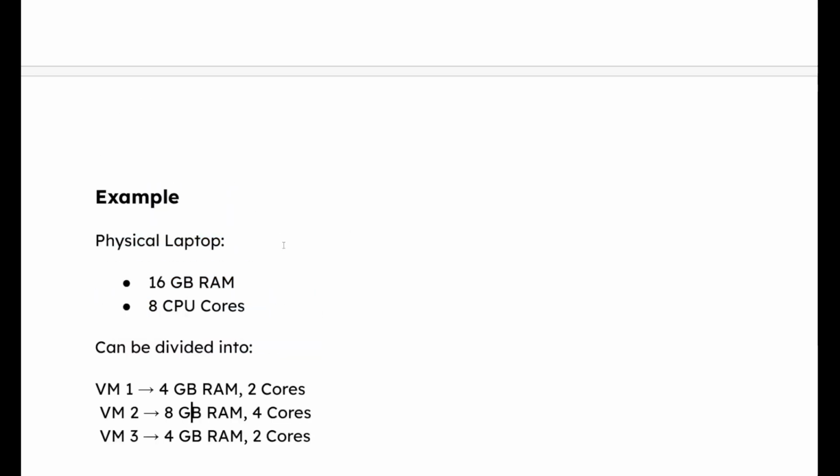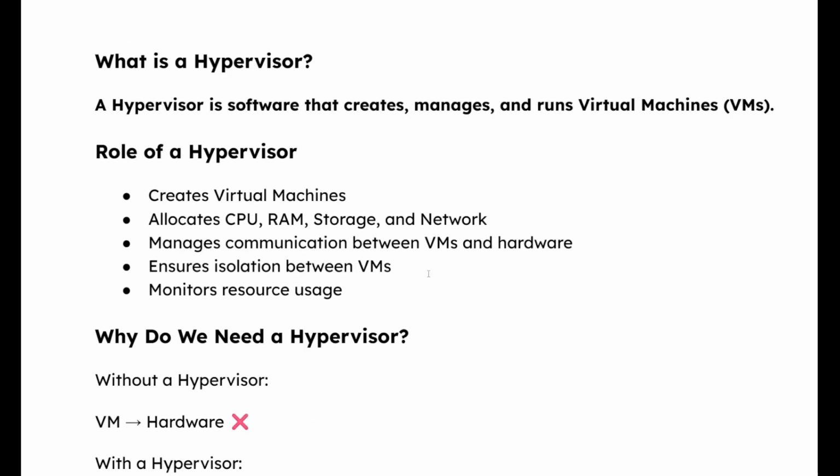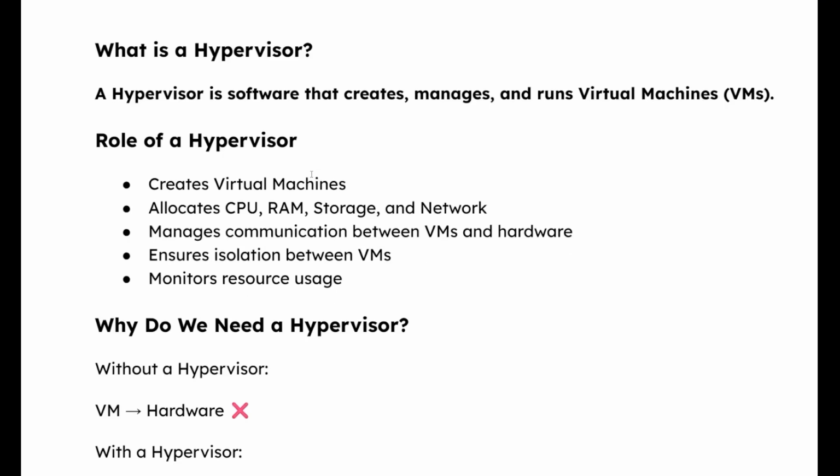Okay, so I have divided these resources among them in such a way that your CentOS now has 4 GB of RAM. Your virtual machine 2, that is your Windows server, now has 8 GB of RAM, and your Ubuntu is now getting 4 GB of RAM, right? So all the resources of your physical laptop are now divided among these three virtual machines in this way, with the help of what? Hypervisor. Okay, great. Now let's talk about the hypervisor in a detailed way.